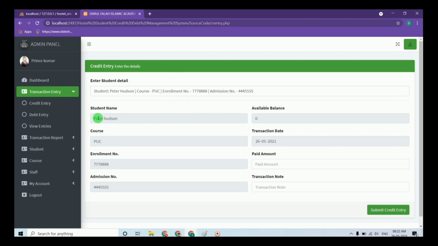Now you can see the student name, course, enrollment and admission number is already available. The available balance is 0. That is because we have not made any credit till now. Now let us make a credit of some amount, that is let us make 2500 credit, and the admin must add the transaction note. Anything can be written here. On clicking on submit credit entry,